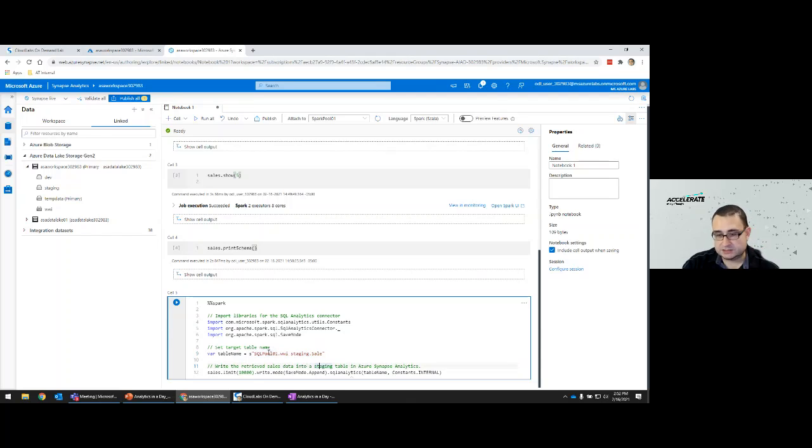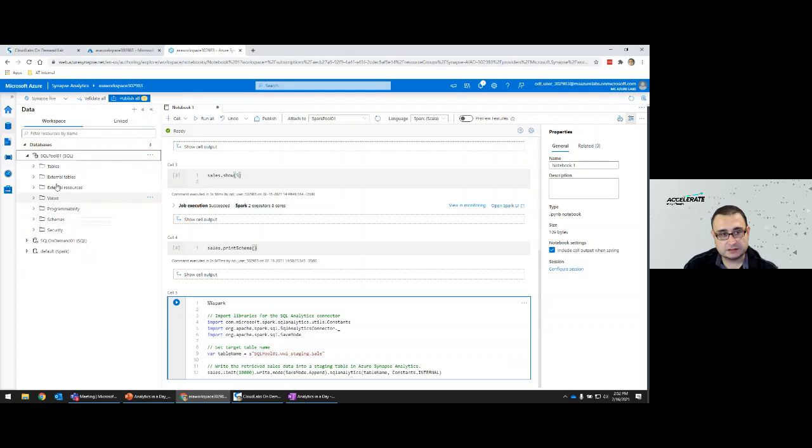Just like a relational database like SQL Server, you have database name, schema name, table name. If you look at our data section on the left and click on the workspace, you will see that this is referring to the SQL_1 database. If you expand that, you will see that there are several schemas.